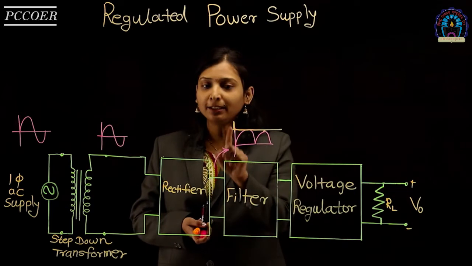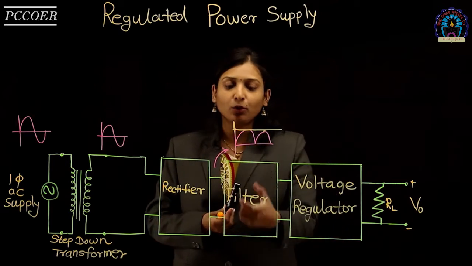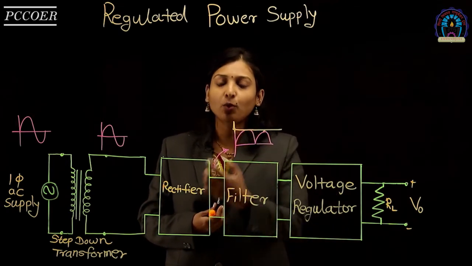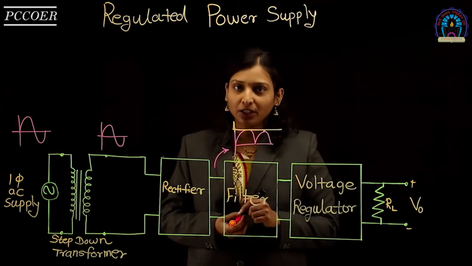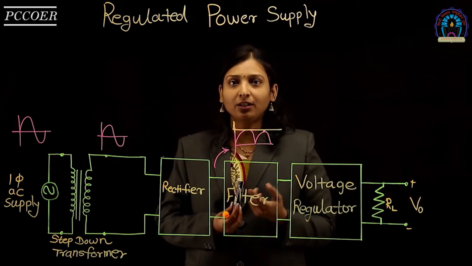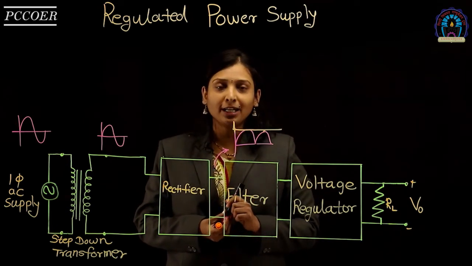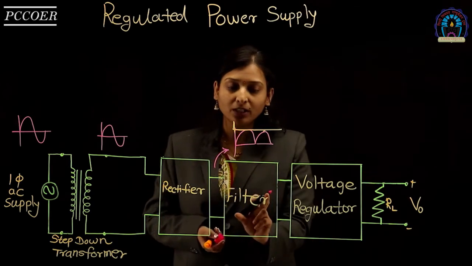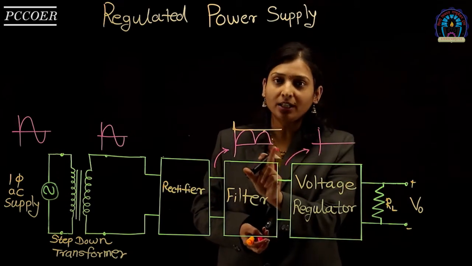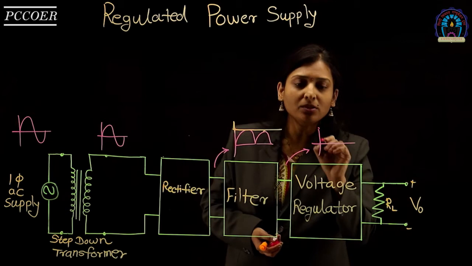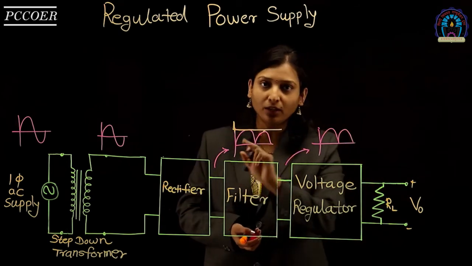So this pulsating DC output of the rectifier is given to the filter. Filter is a circuit which removes the unwanted subsignal from this generated output. There are a number of types of filters, that is the C filter, pi filter, L filter. From these, here we are using the capacitor filter, or you can say it is a low pass filter. This low pass filter output looks like this. It's similar to the generated output of the rectifier, but it removes some part of the AC again. This is similar to the previous one.